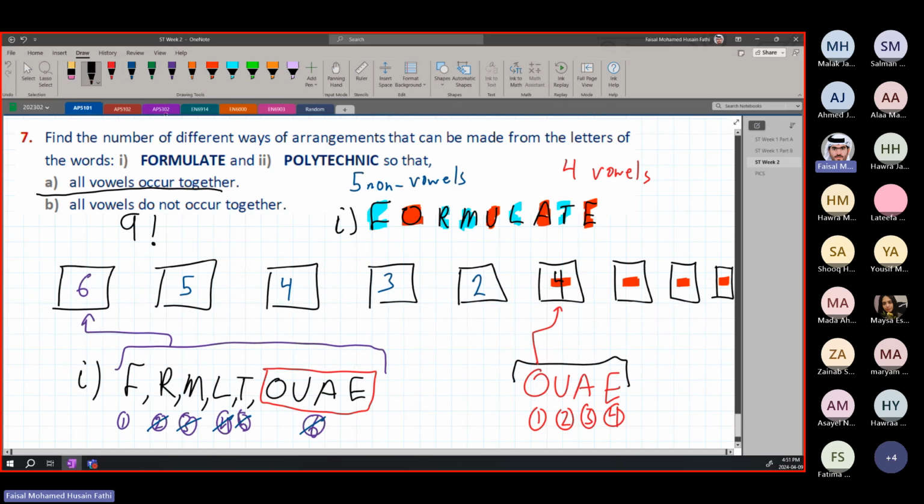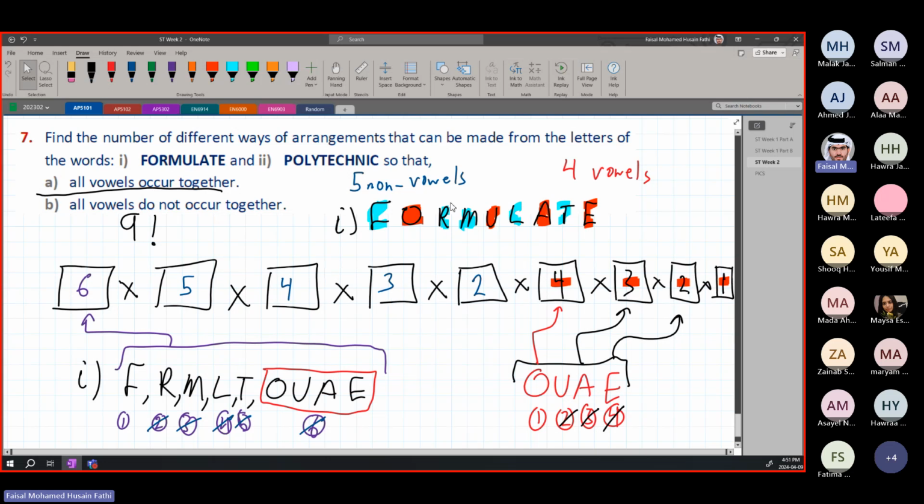We have 4 options. We're going to cancel the 4. Then we're going to have 3. Cancel the 3. Then we're going to have 2. Cancel the 2. Then we're going to have 1, which is 1. All right. And then we're going to multiply all of this together. Does this make sense, what I did here?